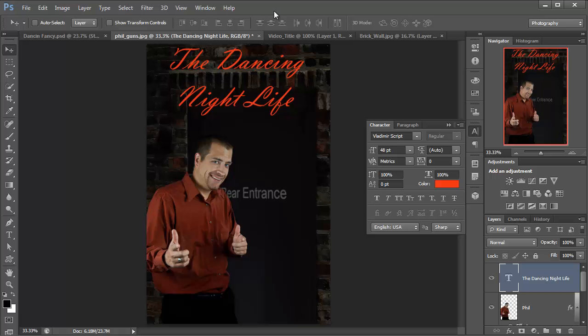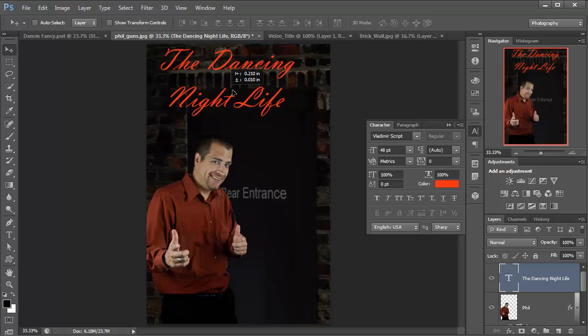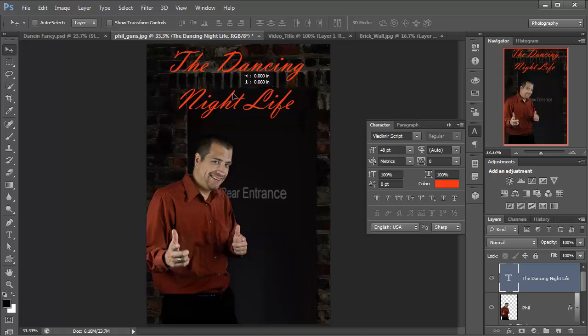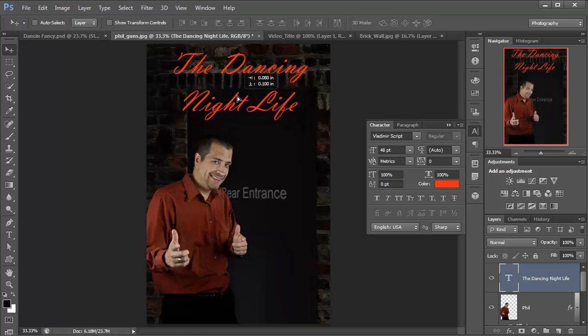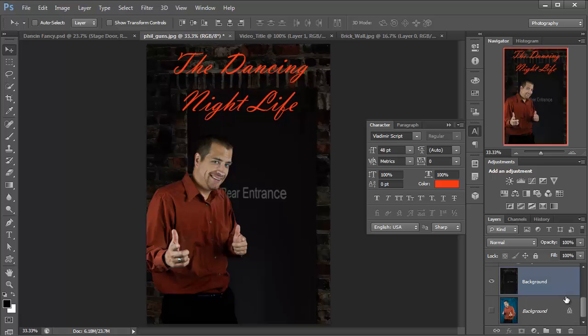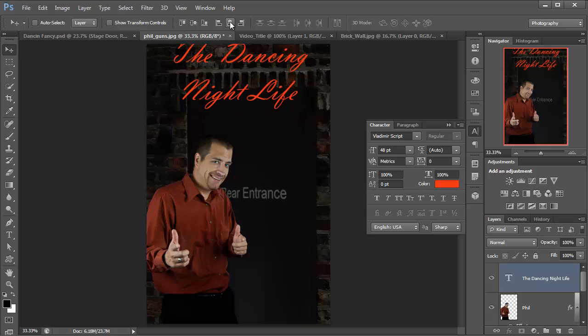Really jumps out there. But there's all kinds of things that we can also do to it to make it even better. Now remember, we can line this text up, and probably should. We're not going to be in the center for the most part. So what we can do is, with this highlighted, go down to the background again, and we want to control click it, make sure nothing else is selected, and then we can go up here and click on this and click on centering, and then hold down the shift key,